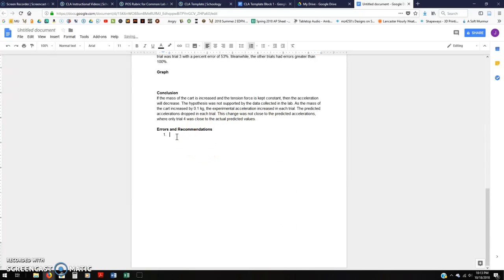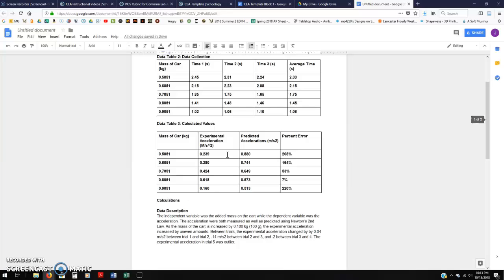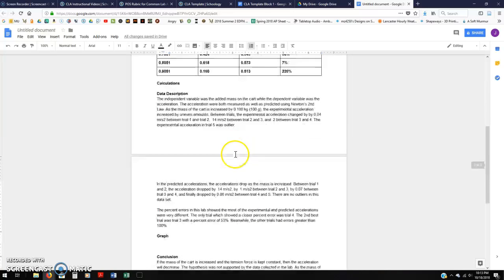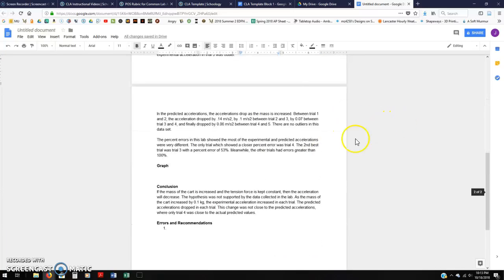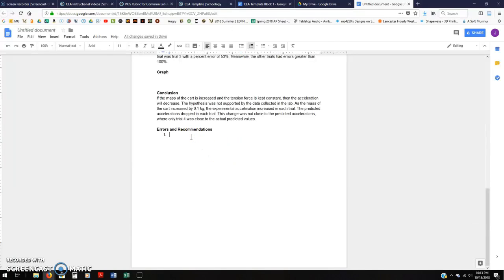If you noticed when we were talking about the calculations for the predicted acceleration, each class identified the fact that there was a friction force on the cart, but we ignored it when we did our acceleration calculation. That is kind of an issue. So the first error we're going to identify, and one I expect all of you to have, would be